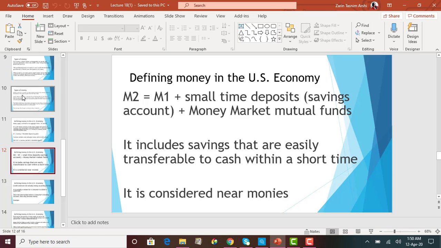Any type of money market account or any type of investment account will go under M2. So this is a broader measure. It includes M1 plus other stuff such as savings deposits, investment money, retirement money, insurance money. All these things go under M2, and that determines the money supply. So they are less liquid, but a broader measure.